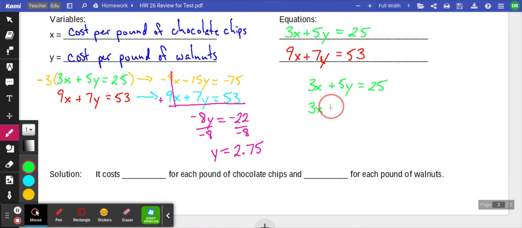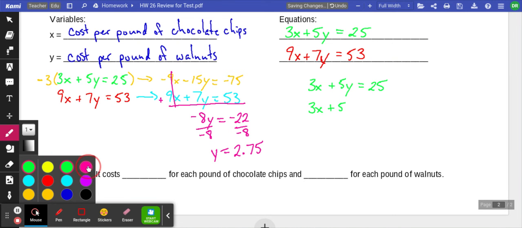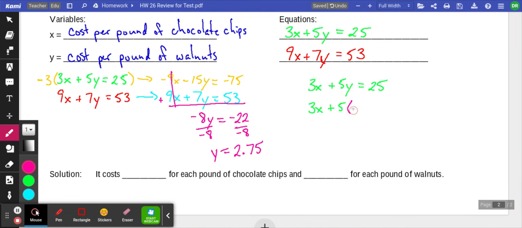So I'll have 3x plus 5 times 2.75 equals 25. From there, all we need to do is multiply, and we get 3x plus 13.75